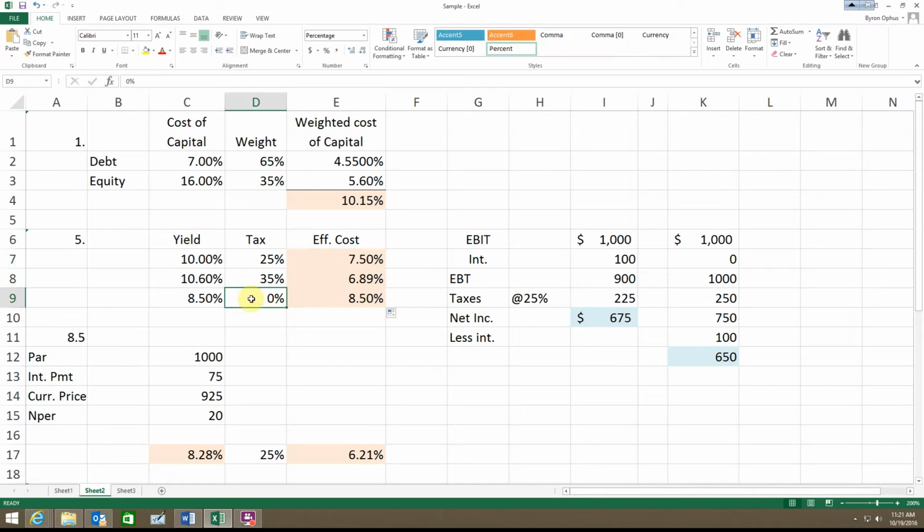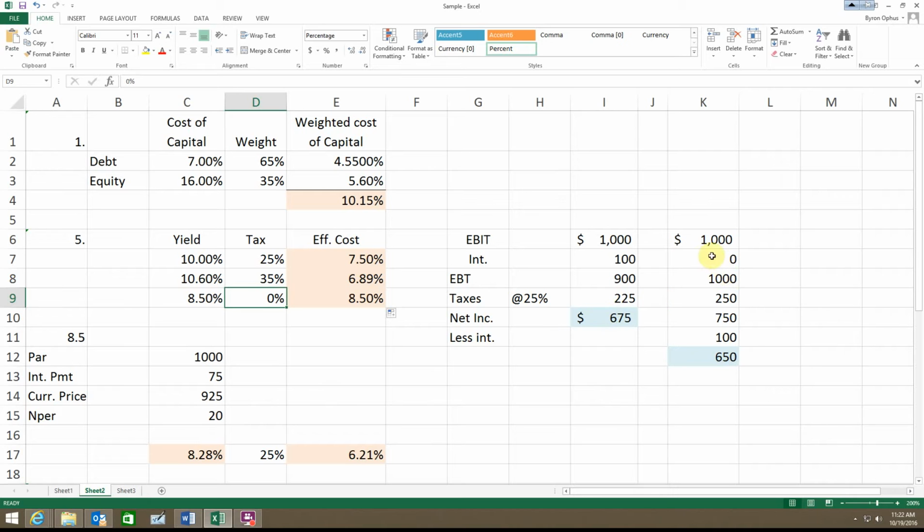You can see if we have zero tax, if we're in the zero tax bracket, our effective rate stays the same. So little deal here, just kind of gives you an idea. Our earnings before interest and tax is $1,000. Our interest is $100. So our EBT, earnings before taxes, then is 900. We pay 25% of that. We pay $225 in taxes here, and we have a net income of